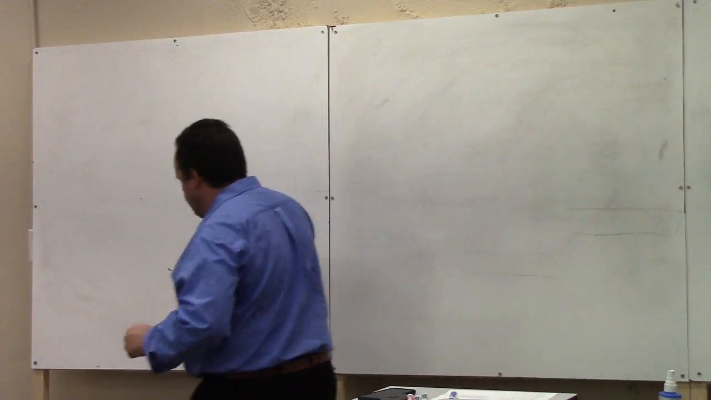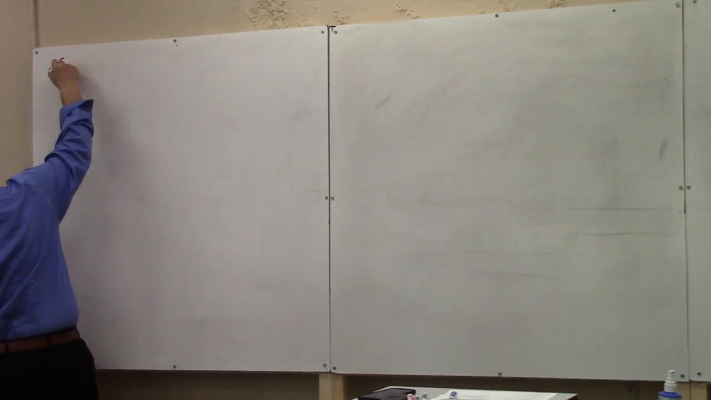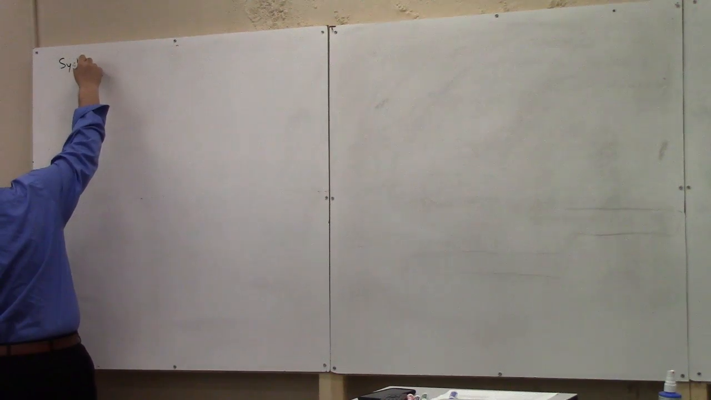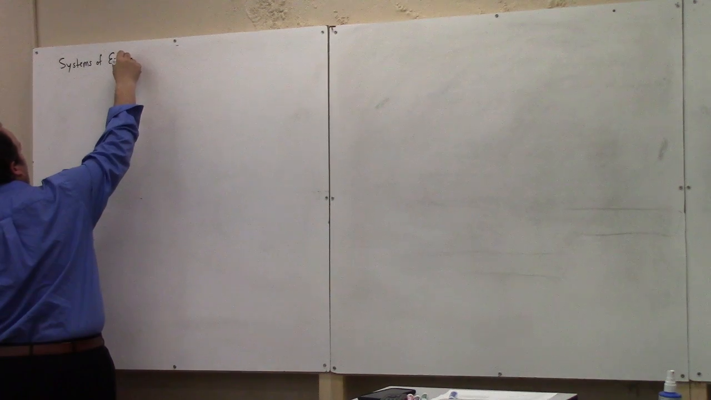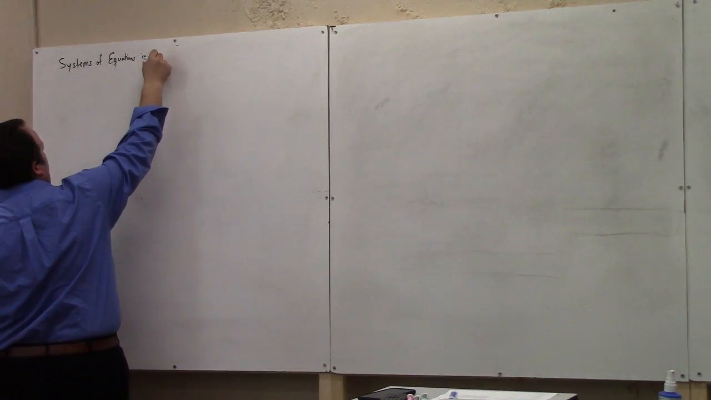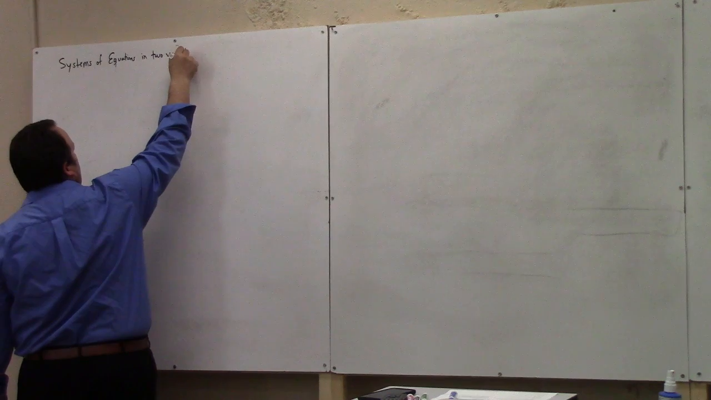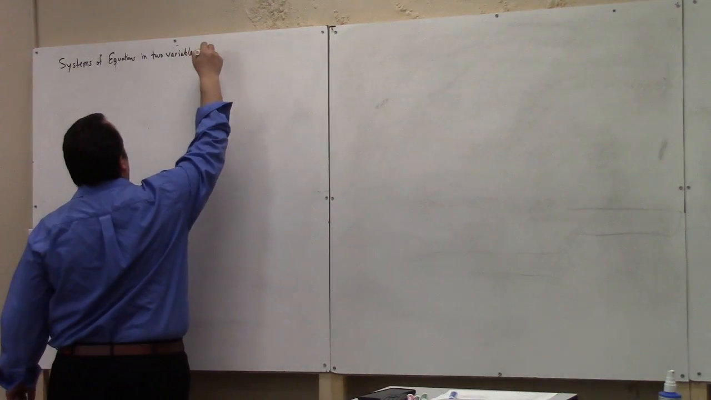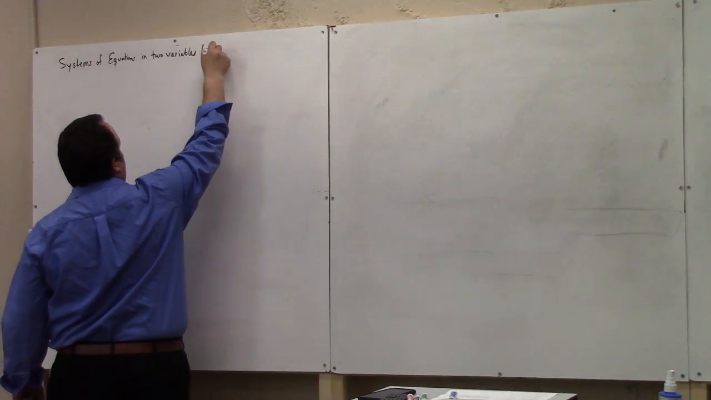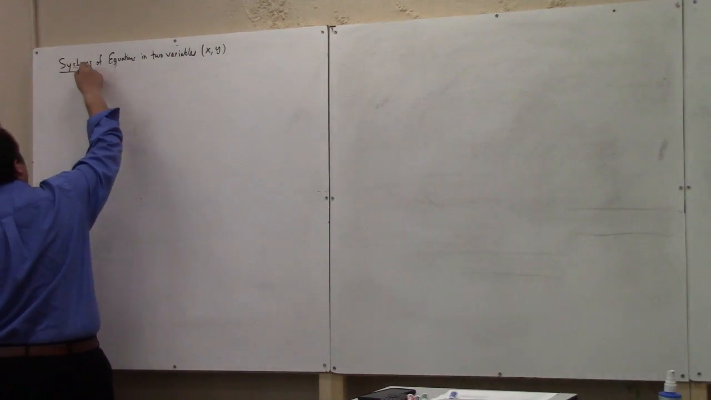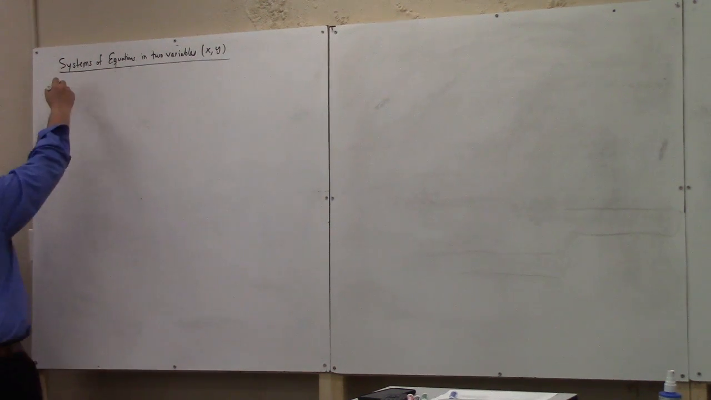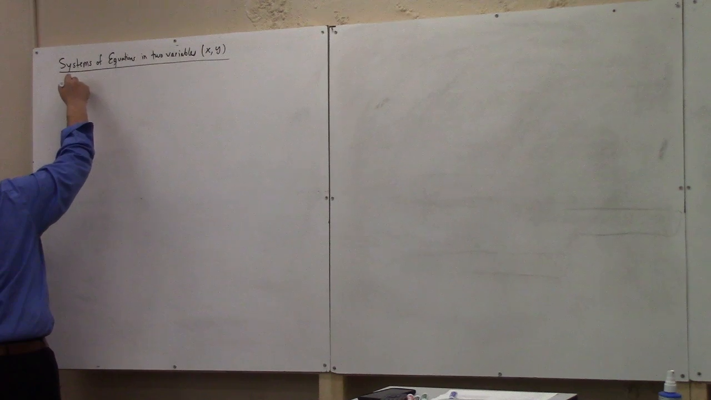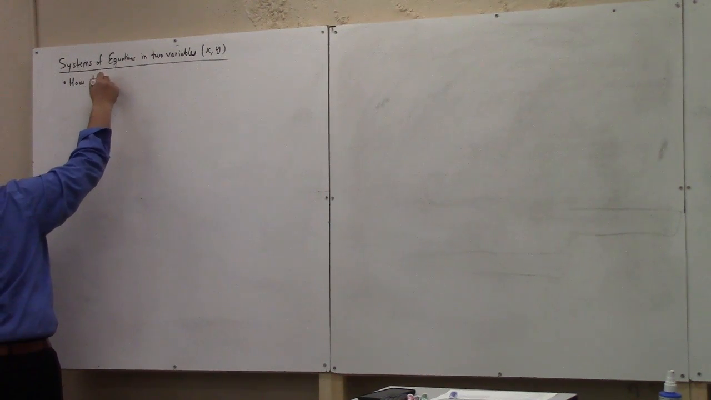So let's talk about systems of equations in two variables. For the most part, we'll take those two variables to be x and y, typically, but you could switch those out for something else, right? So how do we solve? That's really the question, how to solve